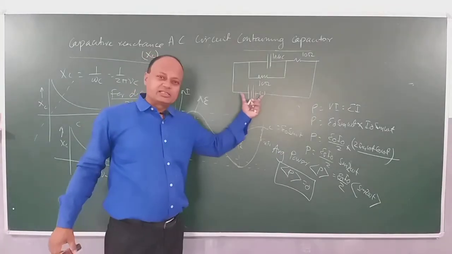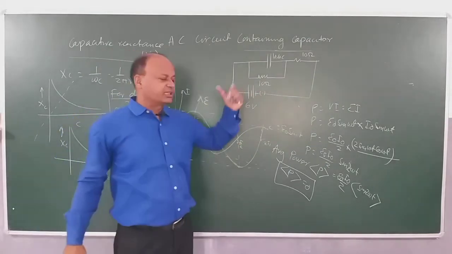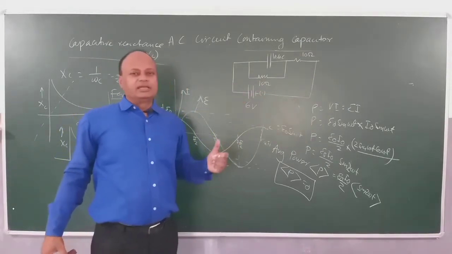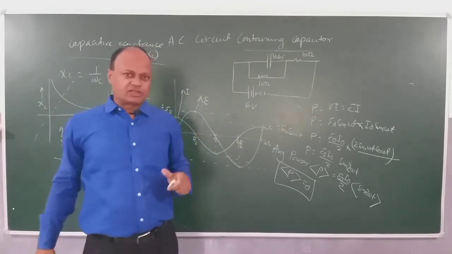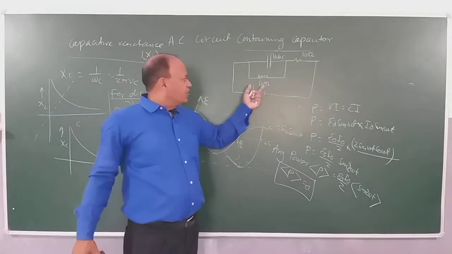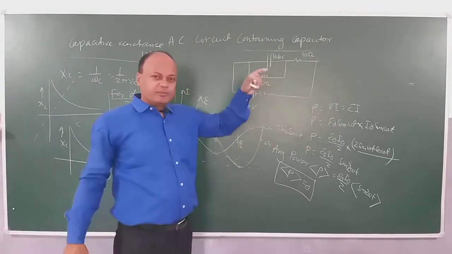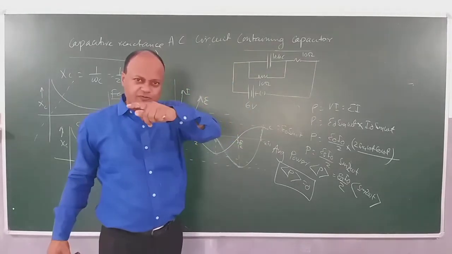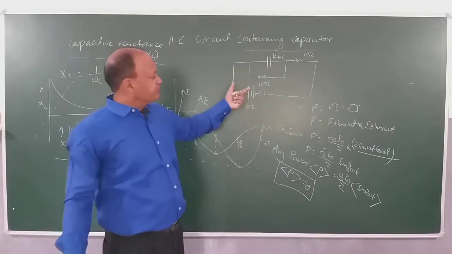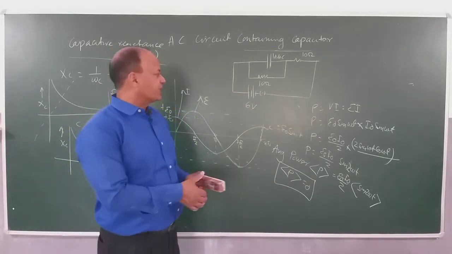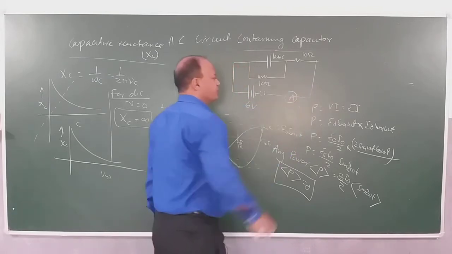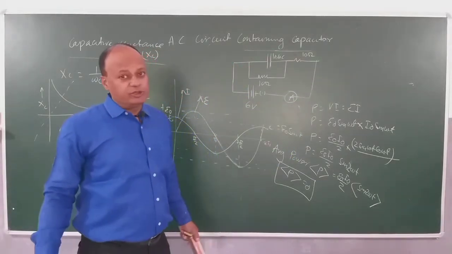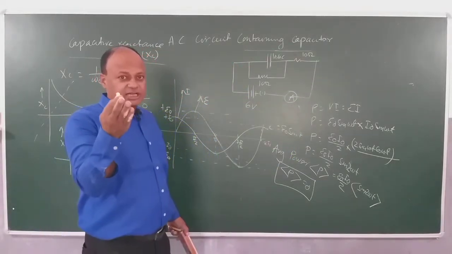Now let's look at this typical example. Suppose they give a circuit like this and then they ask, what will be the current in the steady state? Steady state means the current has become uniform. DC also increases and then becomes uniform. So if I give you this problem, what will be the current? Suppose I connect an ammeter here and I ask what will be the reading of this ammeter. Then how will you do it? We will be using this concept.